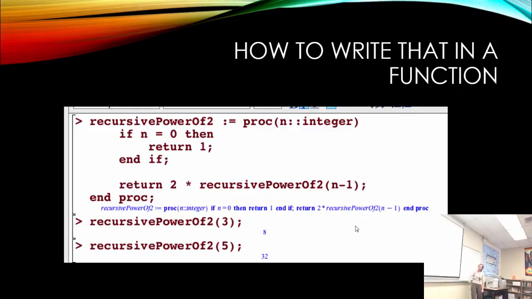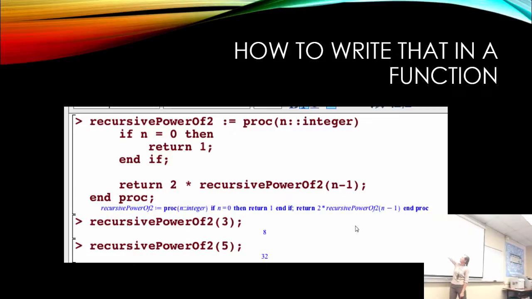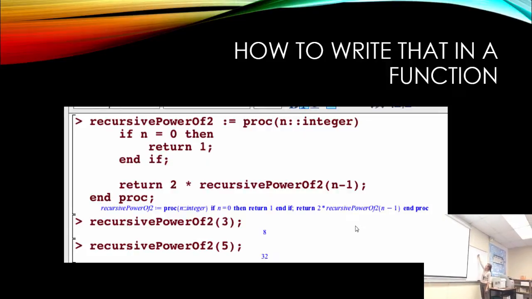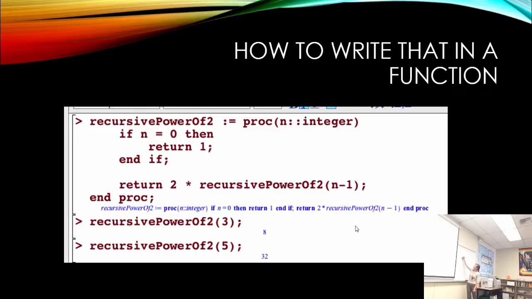It goes into the function. Is 3 equal to 0? False, right? So it returns 2 times, but then it calls the recursive call. And what does it call the recursive call to? 3 minus 1.